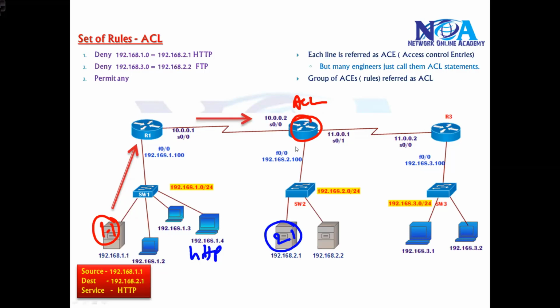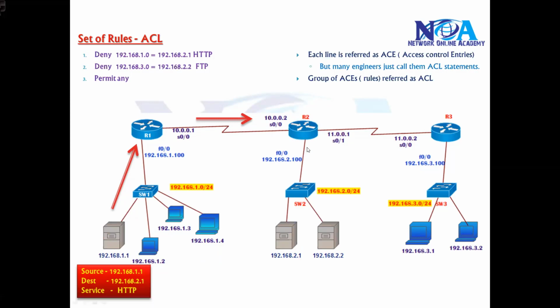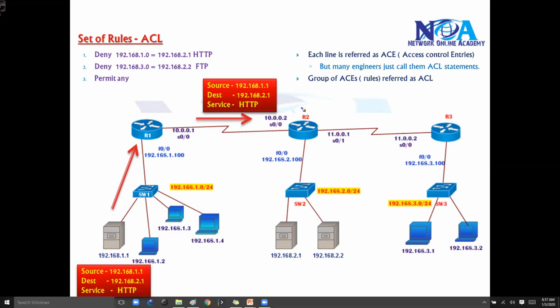Now once it comes to router 2, we have an ACL configured on it. So what it is going to do is check these rules. It's going to stop the packet and say, okay, I have some rules to check because I have an ACL configured here. Based on this, it is going to check these rules. According to these rules, it will check the first rule to see if it matches the conditions or not.